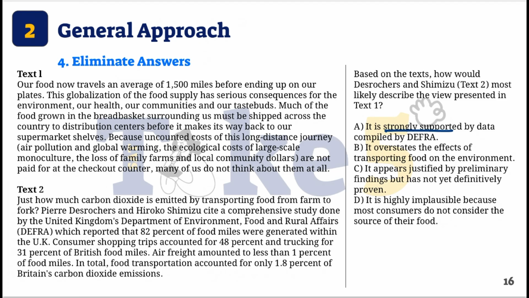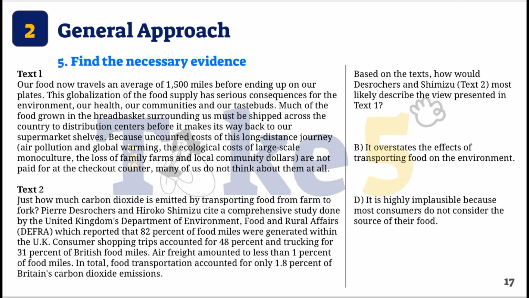A says strongly support, so this is positive, eliminate it. B uses the verb overstates, this is negative, let's keep it for now. C uses a more neutral positive indicator, justified, but it is still in the opposite direction, so eliminate it. D indicates a negative direction because of the phrase highly implausible, which means unreasonable, so we also keep this answer. Now you can see why we need step 5, because we are left with two negative answers, B and